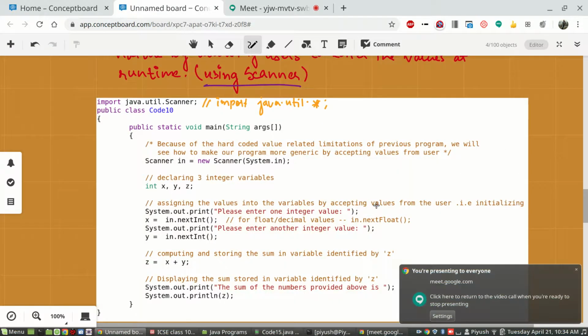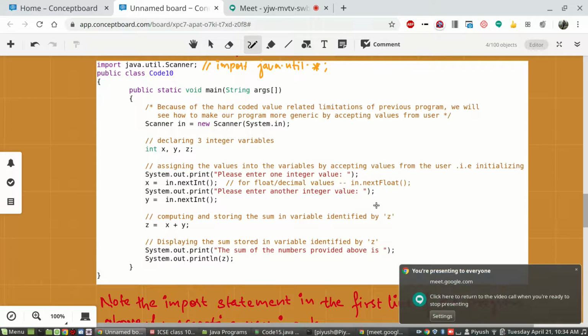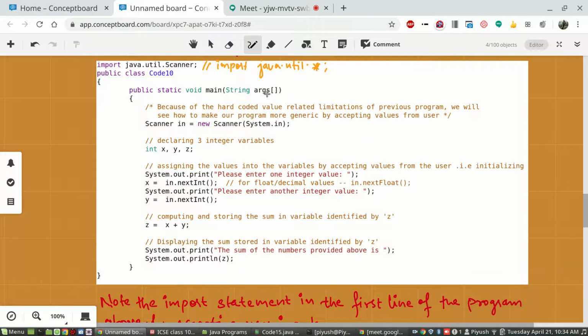Okay, but what is more preferable from the efficiency point of view? The more preferable approach is java.util.Scanner. This line consumes more space. Why it consumes more space we will understand when we see the meaning of this later, after some classes. So therefore we should use this line. This is more preferable and desirable.